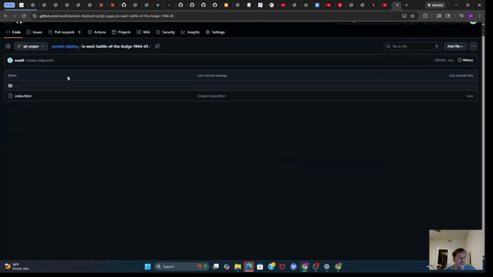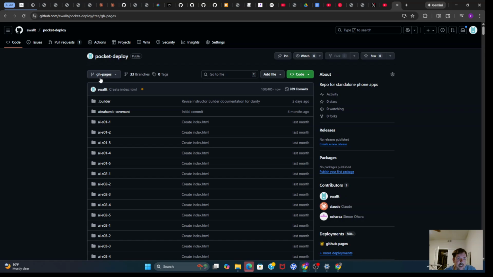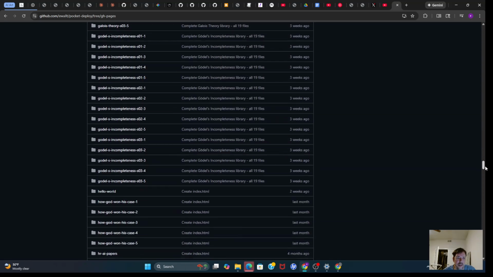All right. So this is the repository. And in the repository, the branch is gh-pages. This is a feature of GitHub: if you create a branch called exactly this, gh-pages, gh hyphen pages, and have folders, you can put in the folder index.html. So all of these folders all have index.html, and the ones that I'm doing right now are